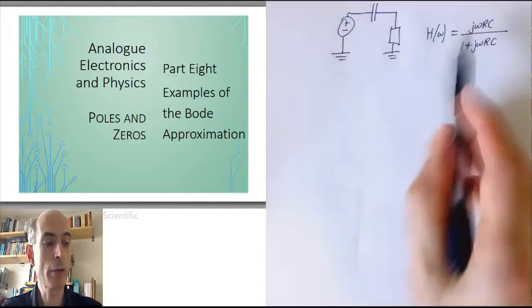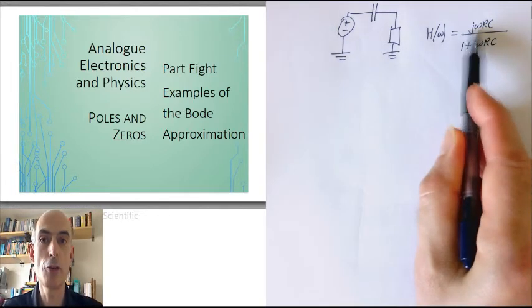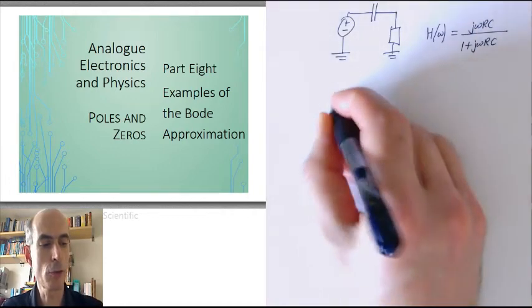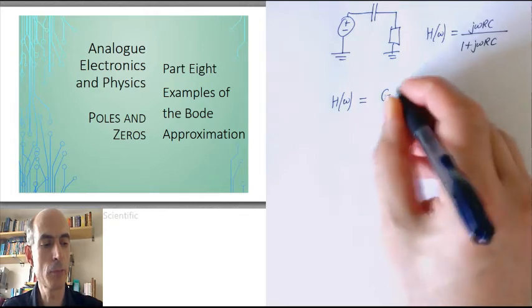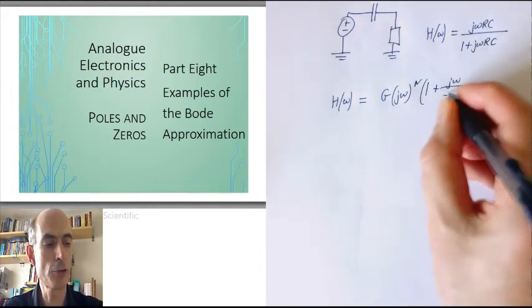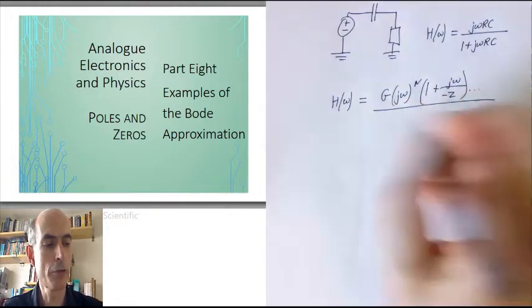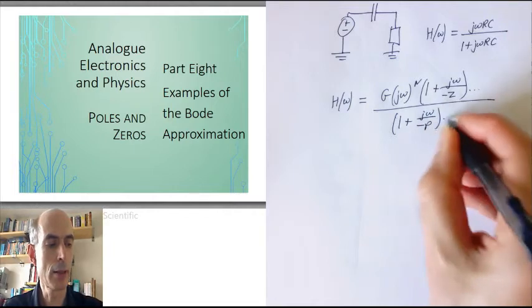Well, now we do have a zero at 0 hertz. There's a factor of j omega in the numerator here. So in the general form, where I have to write G times j omega to the power of n times the effect of all other zeros, and so on, over the effect of all of the poles, and so on,